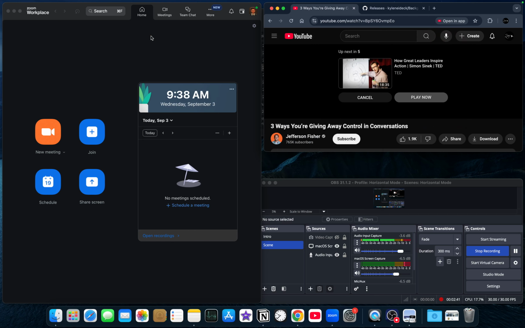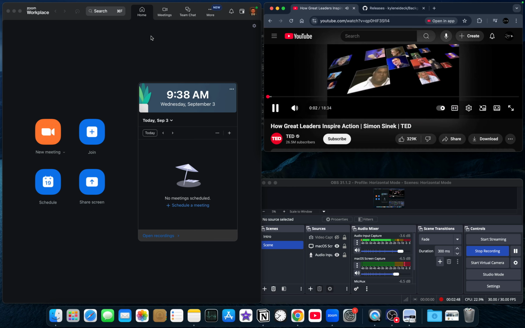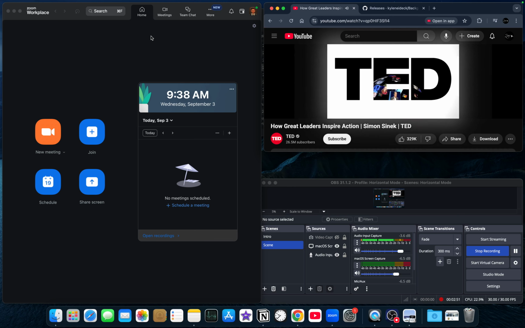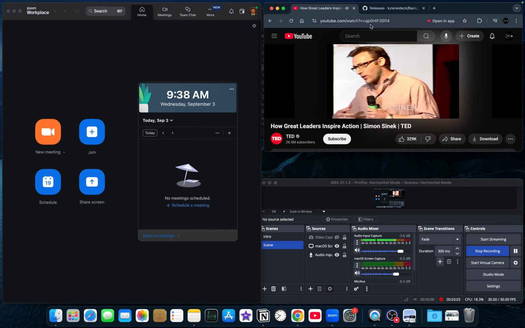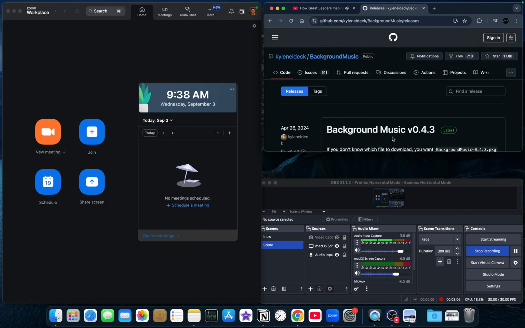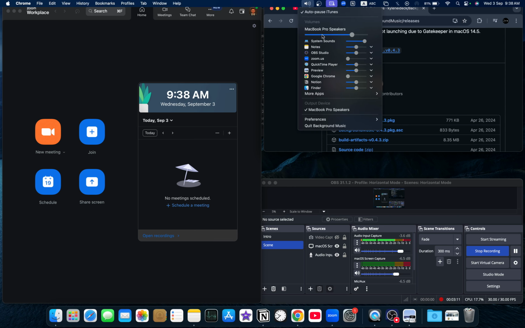First I thought this macOS, being the great machine that it is, should have this ability or function to separate out the volume, but unfortunately, as far as I'm concerned, it doesn't have it. So the only thing we can do is install this Background Music, and then you have it. Then you can have a separate channel for the Mac, I mean for the Zoom, and then you could